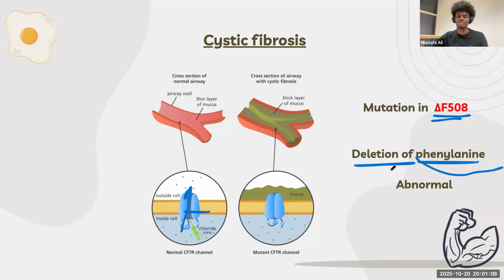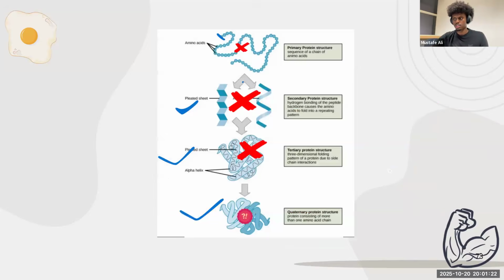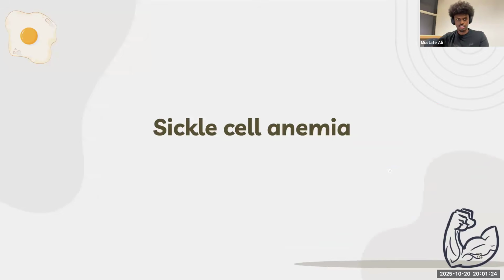Exactly. They do affect every single organ. They affect the pancreas, the lungs, and could affect the GI tract too. So it does affect a lot of different areas. But I just want you guys to remember these 3 points. Okay? So I hope that made sense. Let's move on to sickle cell anemia and what happens there.